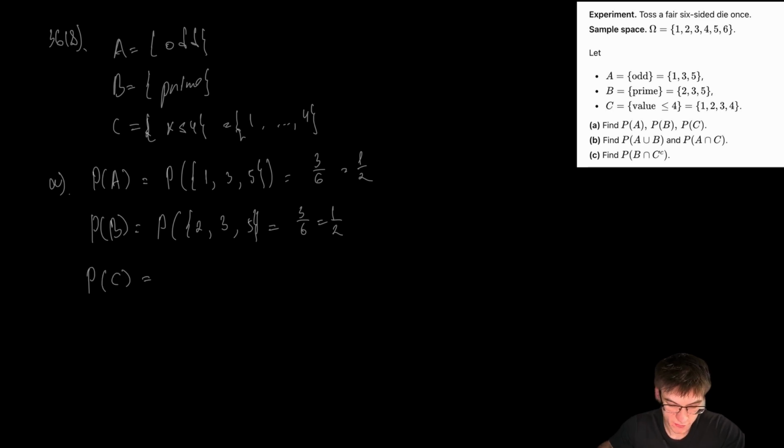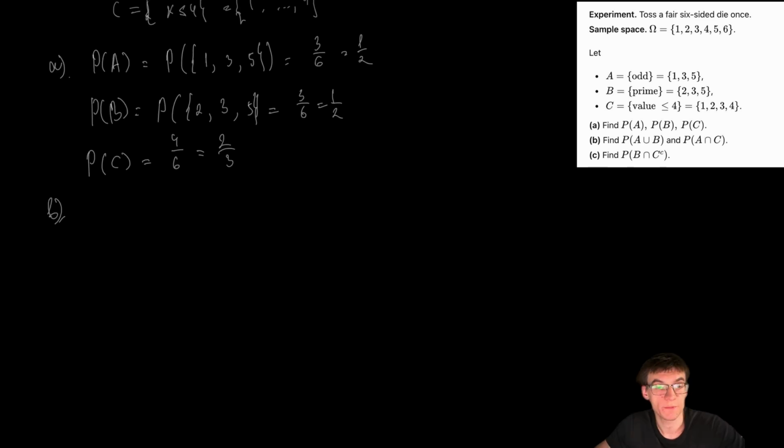And the probability of C states that our dice will end up with a number which is less than or equal to 4, which is essentially 4 outcomes which satisfy our event out of 6 total possible outcomes, which is 2 over 3. And that's it. So in subproblem B, we have to find the union of events A and B, and